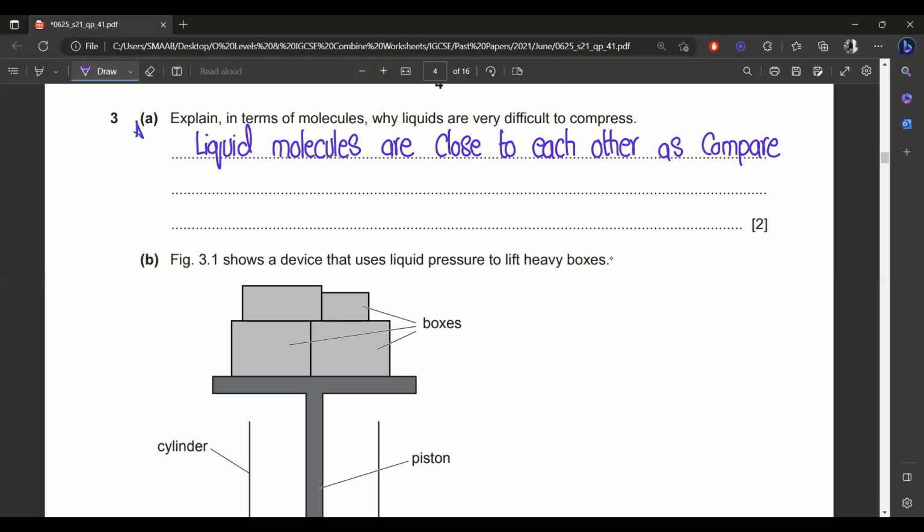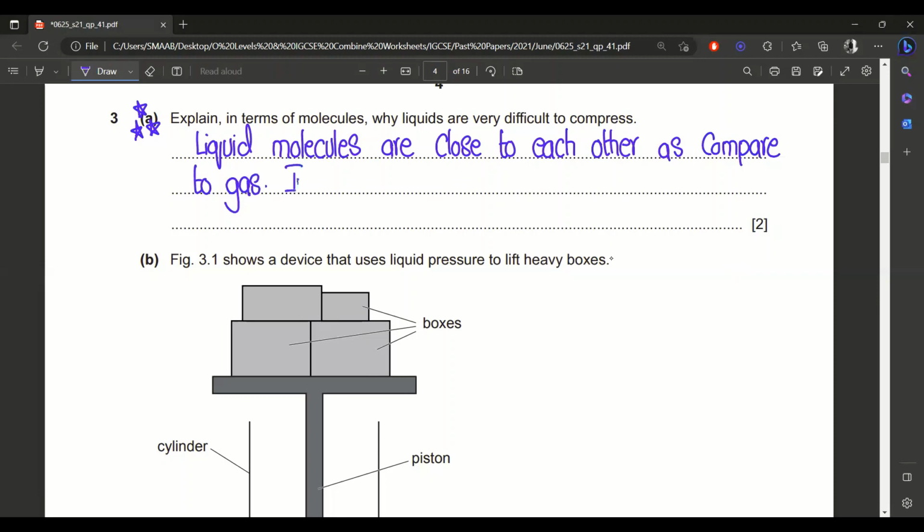related to the terms of molecules is mostly repeated. So this concept is mostly asked in past papers and also in exams. So this concept is important. They mostly ask with the reference of molecules, explain why pressure increases, and explain with the reference of molecules why gas is easily compressed as compared to liquid. So this question is mostly asked by the examiner in your exams. So the first concept is liquid molecules are close to each other as compared to gas molecules,